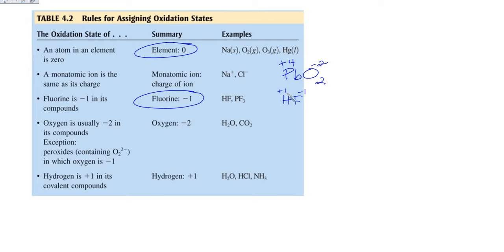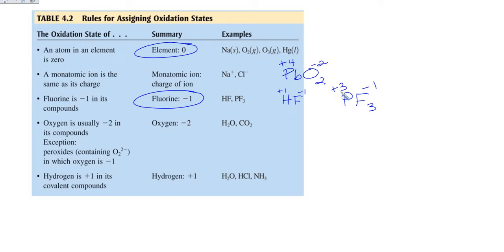But now, here's an interesting one. What about this? Phosphorus trifluoride. Okay, so this is covalent. Phosphorus and fluorine are both non-metals. Now, they don't have the same electronegativity. Fluorine has a much higher electronegativity. Fluorine is always -1. Now again, it's not that fluorine is gaining an electron, but the electrons in these 3 bonds will be held closer to the fluorine atom. Now this may bother you, but we're going to list phosphorus